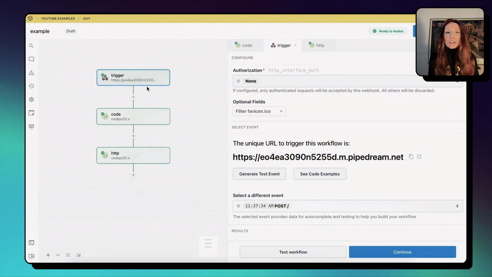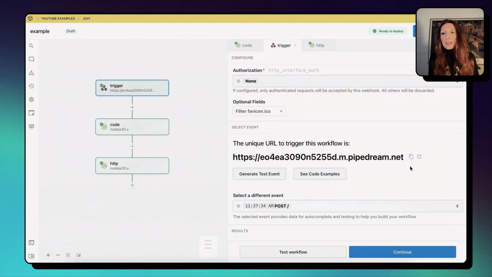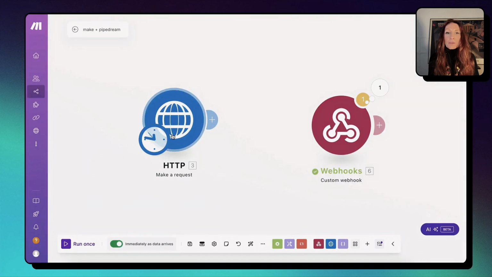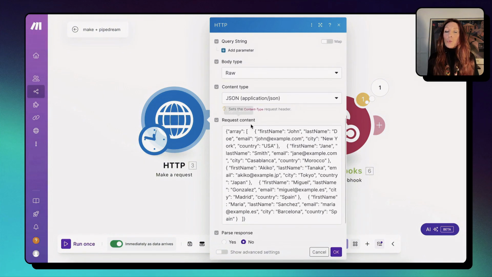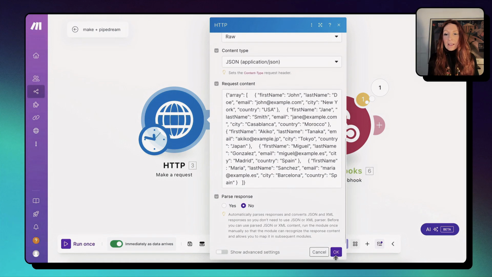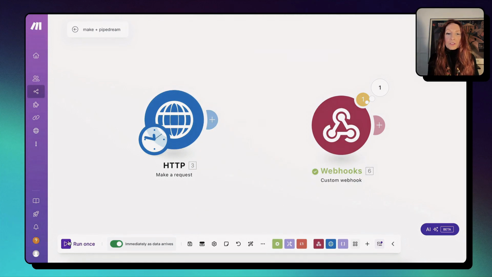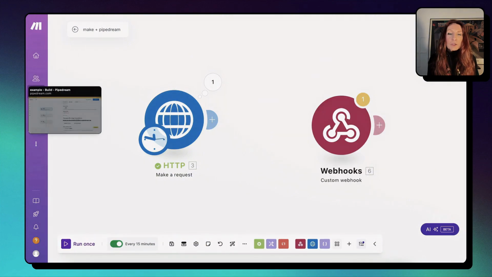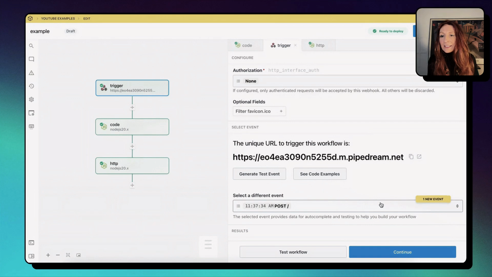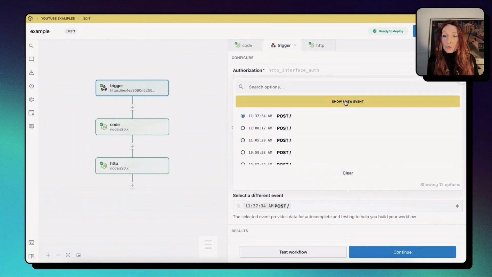So here in this trigger, the webhook, we copy the URL, and in Make we have created an HTTP request, a post request, and we paste the PipeDream webhook URL here. And then here we pass our data that can come from a previous step, okay? And so I run this once. Okay, and let's go back to PipeDream. So in PipeDream, I see here that I have a new event. Okay, so I show the new event